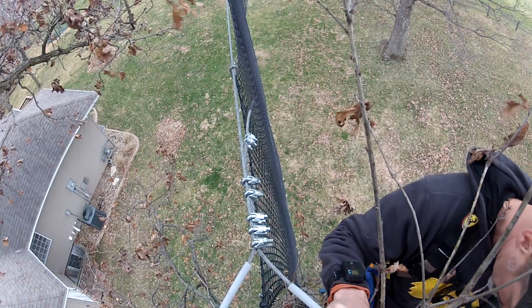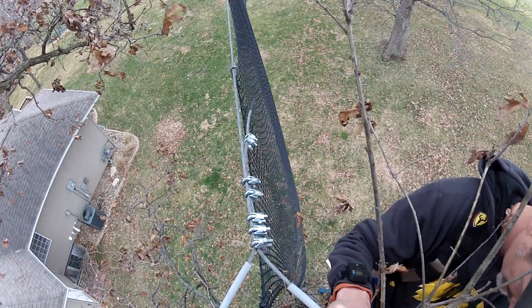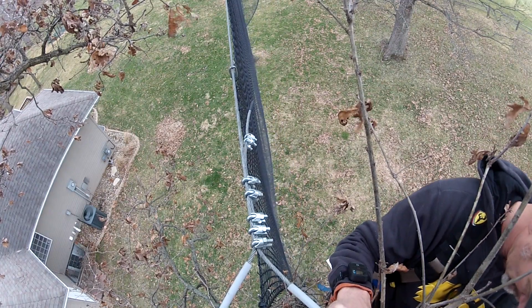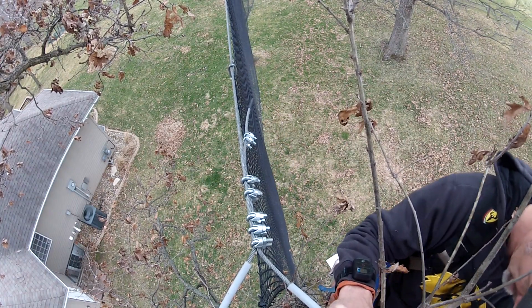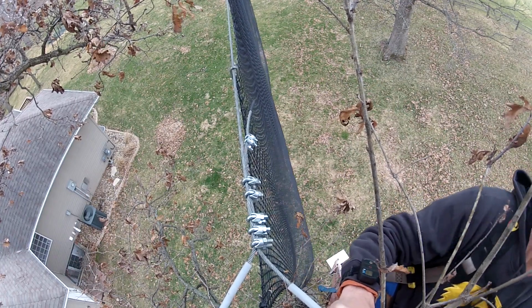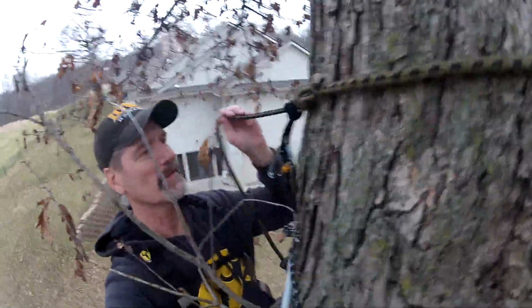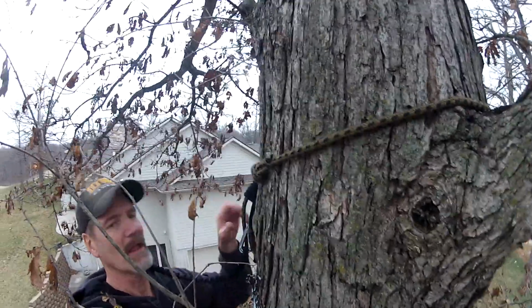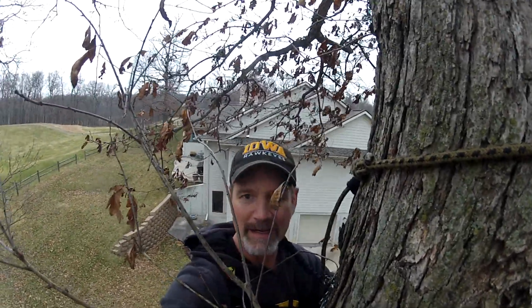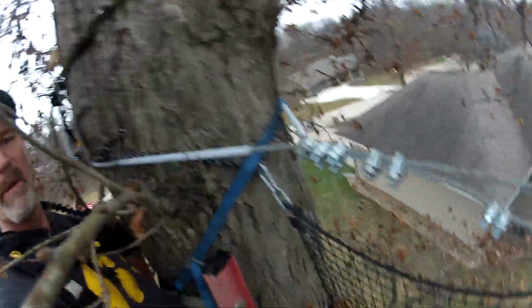Okay, so we're up here in the tree. It is Friday, March 27th, about 6 p.m. I am anchored to the tree. Got my climbing gear, my tree harness on for deer hunting, and I have been wanting to